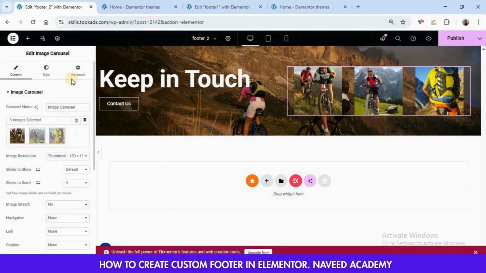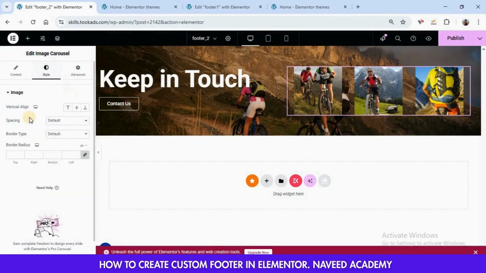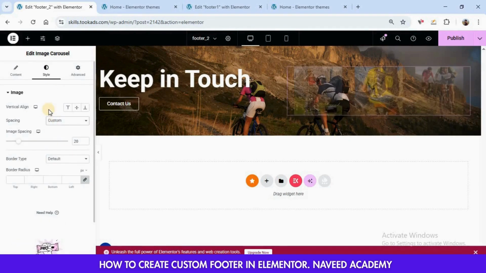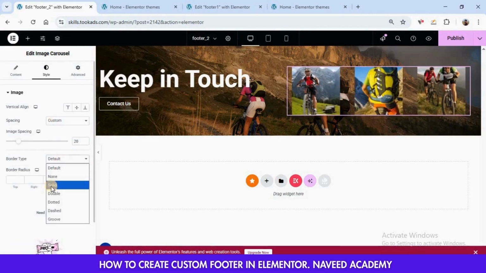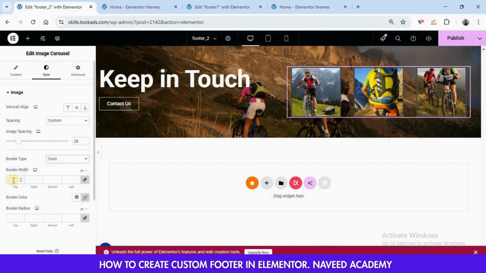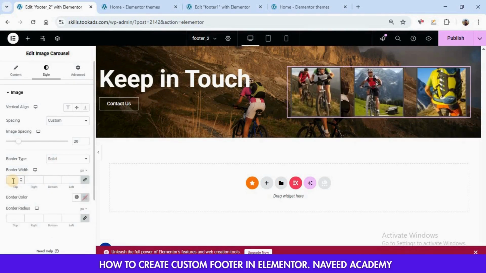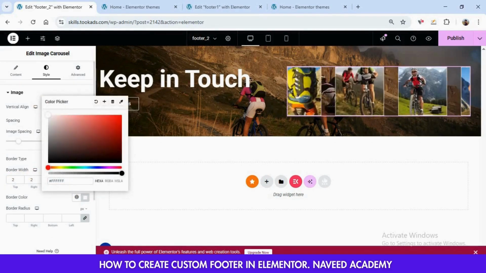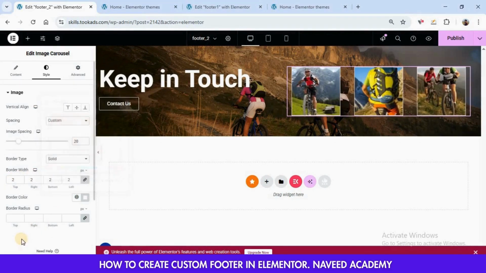Now go to style and go to spacing and set it to custom. And after that, go to border type and set it to solid and set the border width to 2 pixels and set the border color to white.